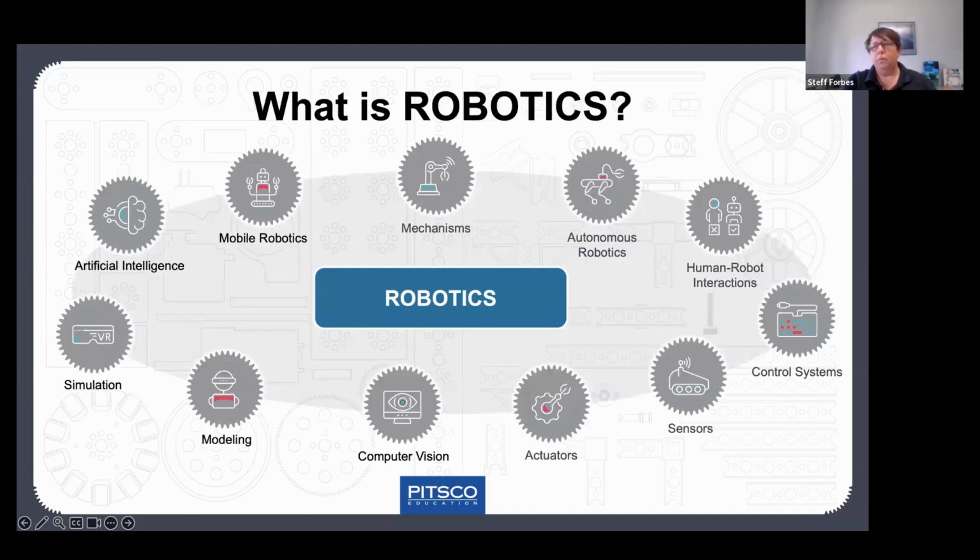So let's talk a little bit about robotics and what is robotics. This picture depicts the different areas. A lot of times when we see it in school, it's about building a robot chassis and getting the robot up and running. But if we look holistically at the types of industries and skills and the type of technology that goes into robotics, whether that is a mobile robot,